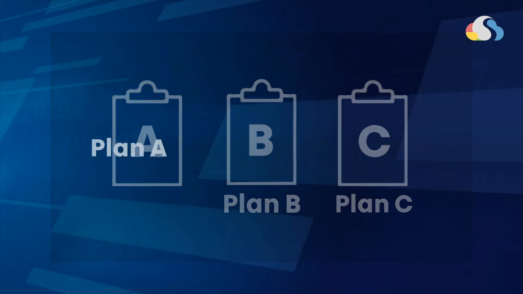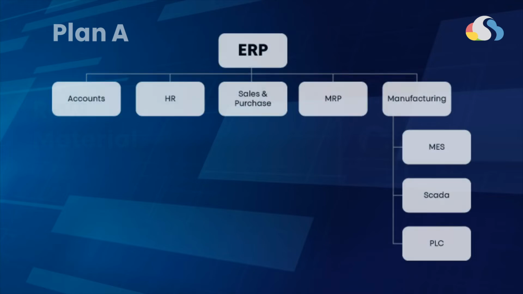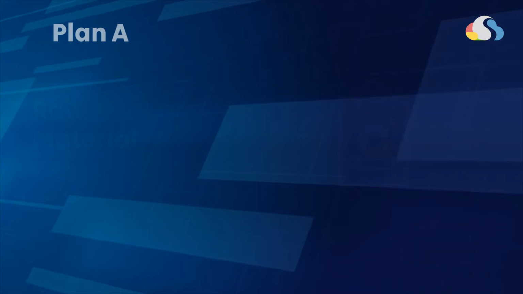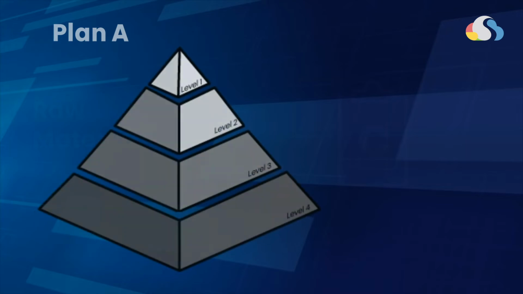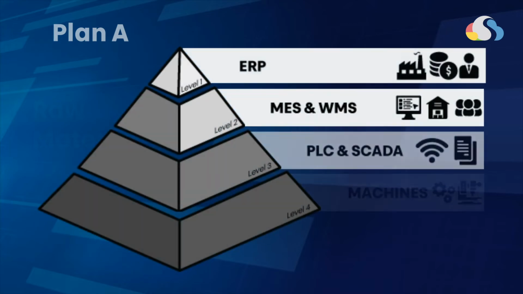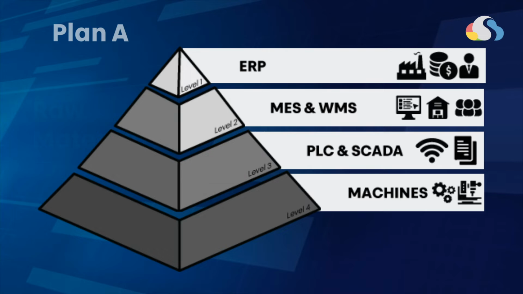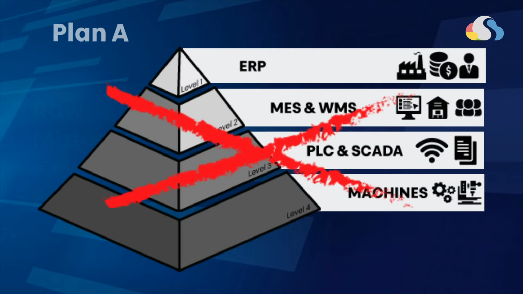Right. So option number 1, which is Plan A, is to propose to Panwrite or Jessica that they may implement an end-to-end ERP solution, which is their existing plan, but this is the one that is also causing a lot of objections and obstacles. So what does a full-scale ERP mean? A full-scale ERP would include your ERP, your MES, your WMS, PLCs, and your machine integration. So it's a full-scale thing which will definitely do everything that they want, but this is not something that I would recommend that they do.